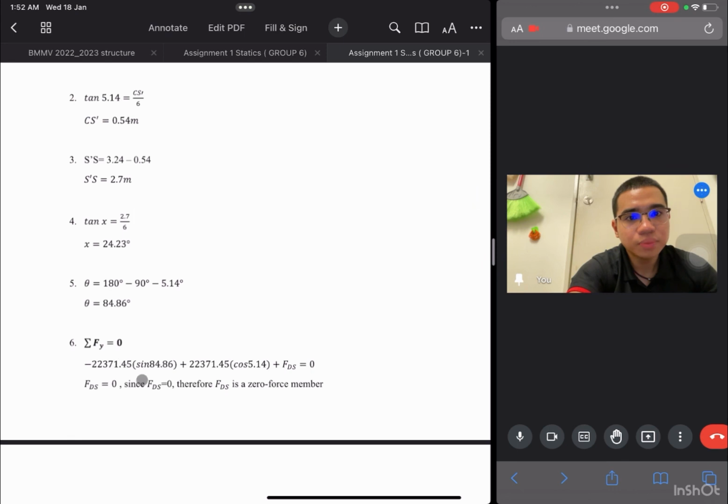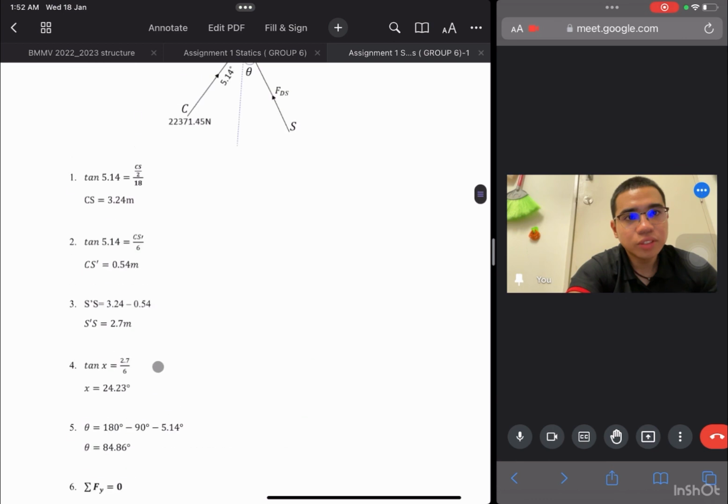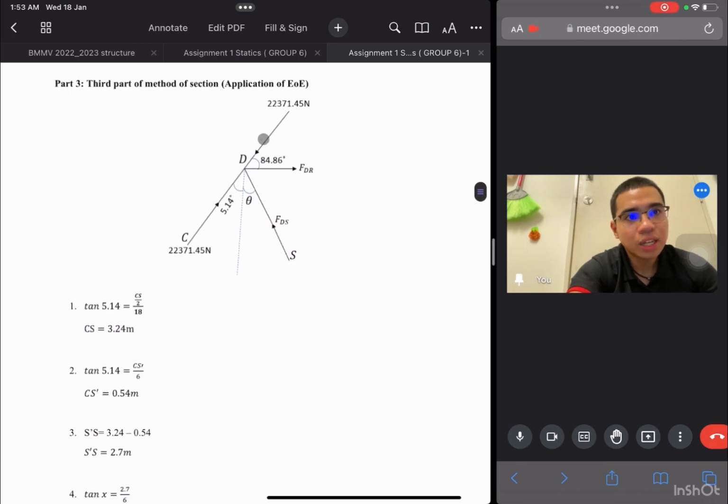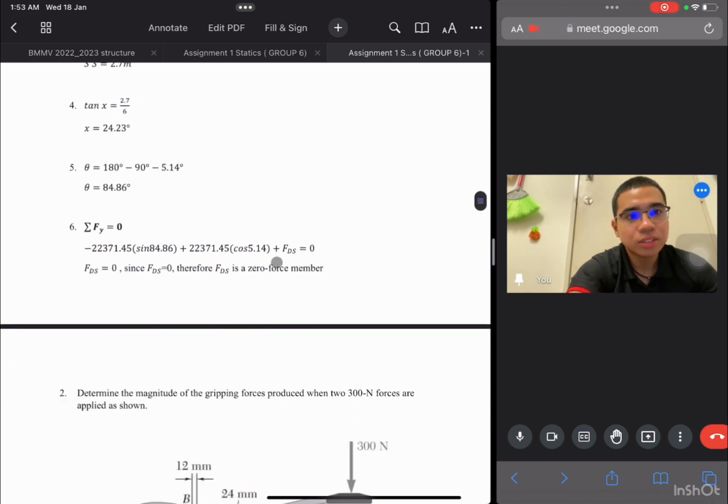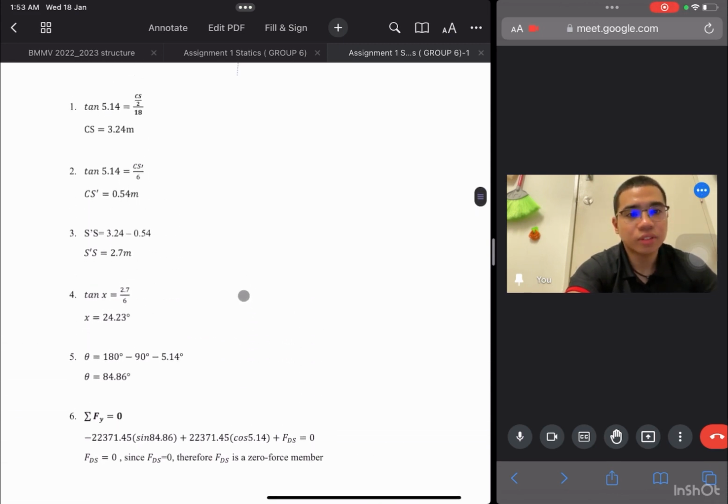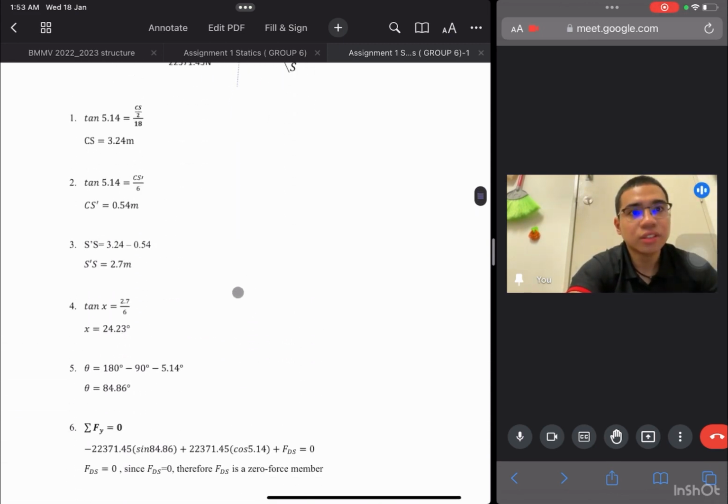Then we apply the equation of equilibrium where sum of Fy equal to 0. So we will get FDS equal to 0. Since FDS equal to 0, therefore FDS is a zero force member. Downward force will be equal to upward force. So that's all from me. So this is all the force